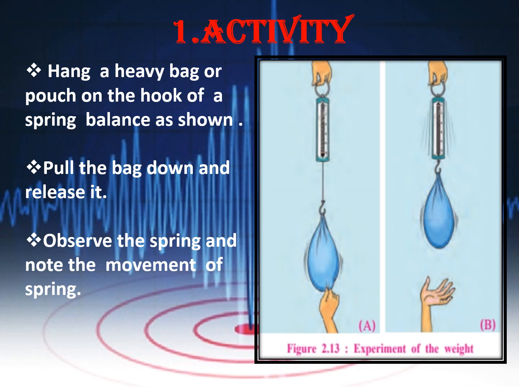We observe that the spring moves in the direction of the waves, that is to and fro. These waves which move to and fro are also called forward and backward waves. This is similar to the primary waves or P waves.